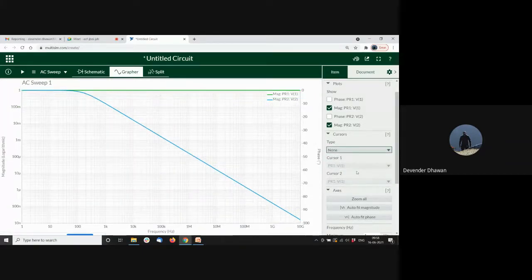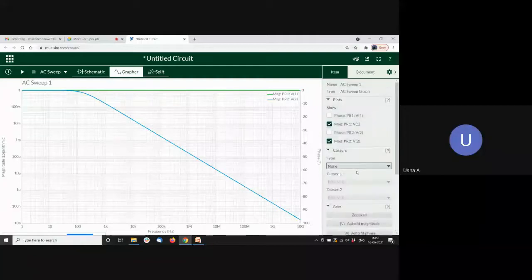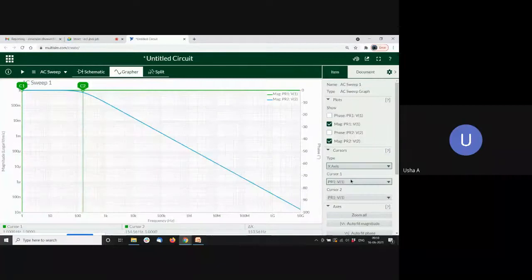I hope that is clear, ma'am. Yes, sir. But by placing a cursor, it will give a subjective value, no? Instead of that, maybe it could be displayed on the screen, underneath the axis. You can see bandwidth here, below. Once I have placed my cursor, it will measure this delta x. See here. That I understand.